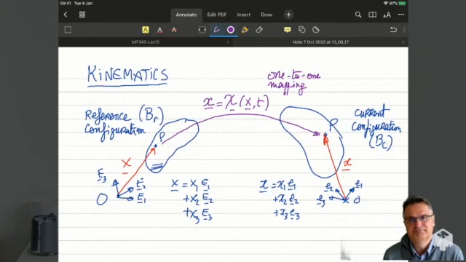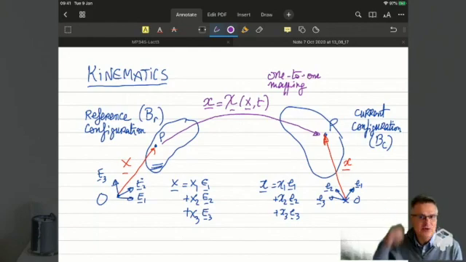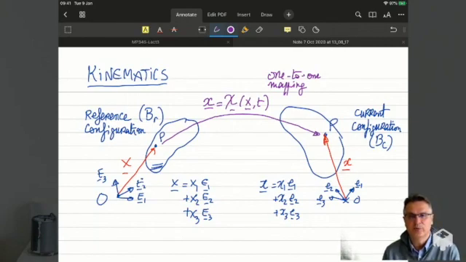If I specify chi, I'm going to specify a deformation. I could do, for instance, a translation or rotation. I could do a stretch. I could impose it mathematically, or I could impose forces and see what deformation results from that, and so forth. In the end, I have this function chi of capital X and t. It's what links capital X to little x and vice versa, right? There's no creation of points or annihilation of points. That's why I say one-to-one. There's just as many points in the reference as in the current configuration. And so there's a lot of vocabulary